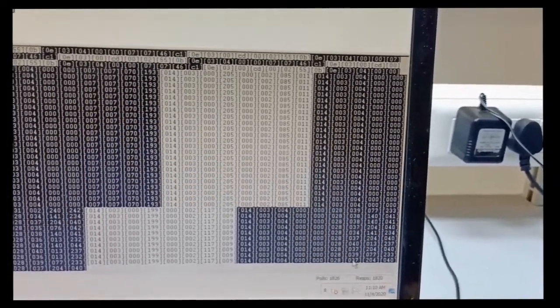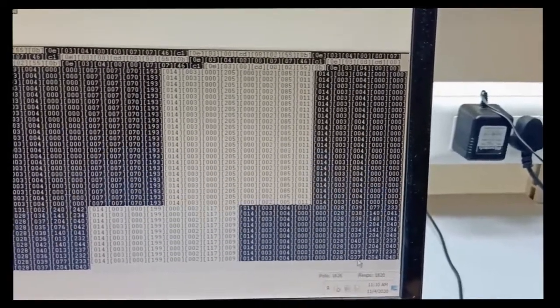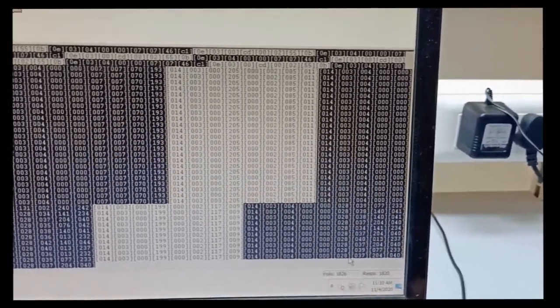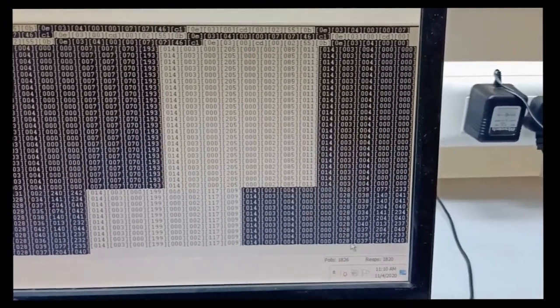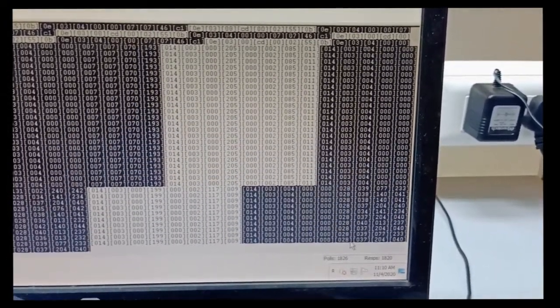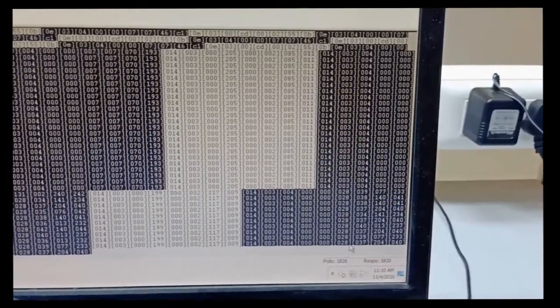Then the next 4 bytes are the parameter data. Here you can see 2837 is the data from the meter. This is in decimal format, that's why we are not getting the same display on Modscan32.